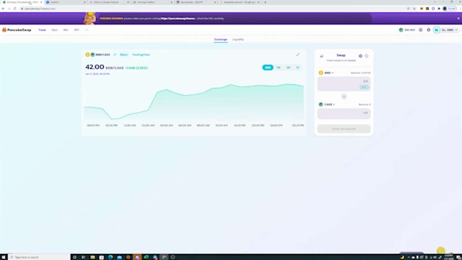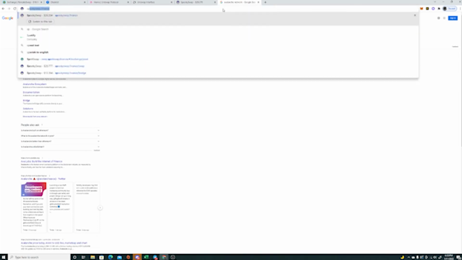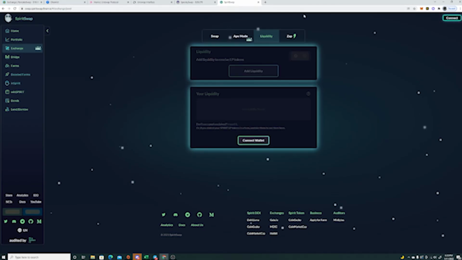We're going to say the Pulse chain. It's going to be PulseX. Before, we would have to find out what it was. We'd have to do our research. When me and my crew got to Phantom, there was Spooky Swap, there was Spirit Swap, there were like two others, and you really have to find out which one is the one